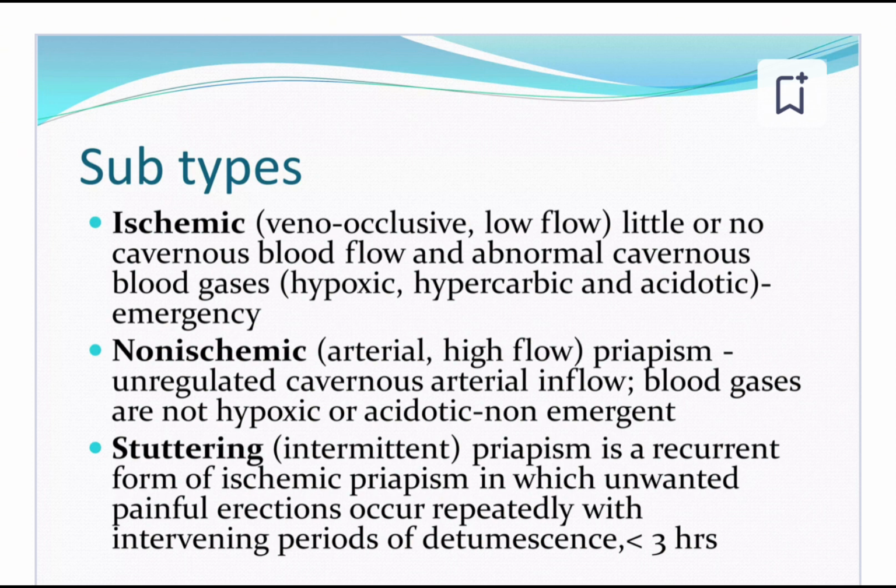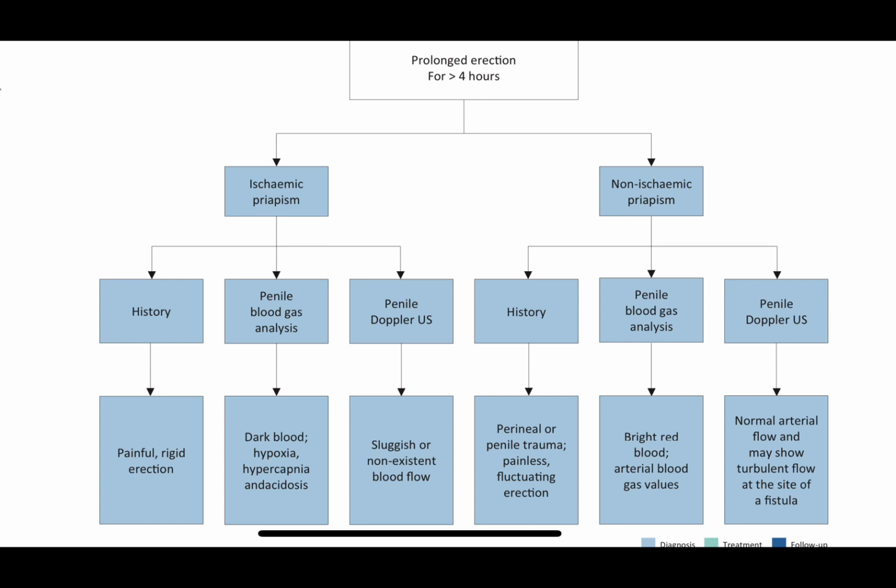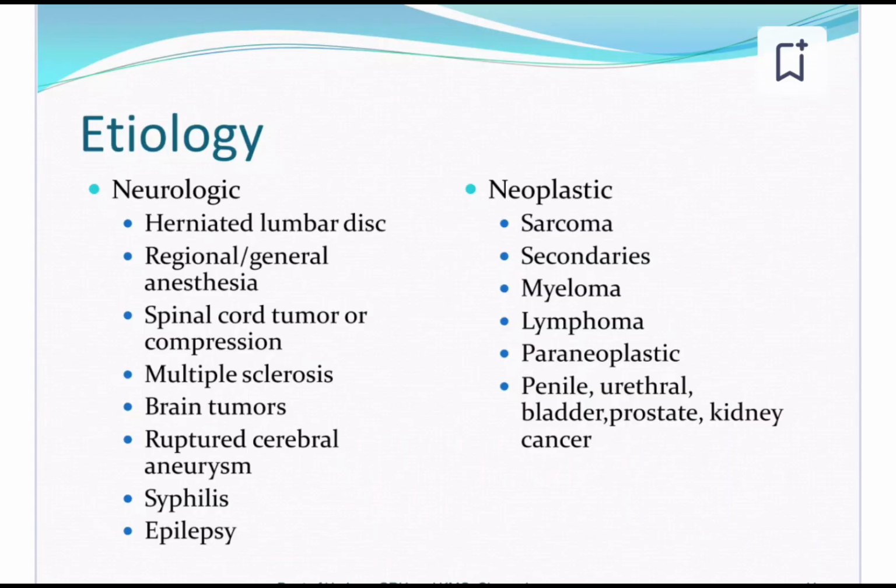The differentiation of ischemic and non-ischemic priapism is important, and it can be differentiated on the basis of the history, on the basis of examination, on the basis of ABGs, and on the basis of Doppler ultrasound. If you ask about the history of the patient, in case of ischemic priapism, we can ask about various hematological causes like sickle cell disease, leukemias or coagulation disease. There may be some malignant infiltration of the corpora, especially in leukemia.